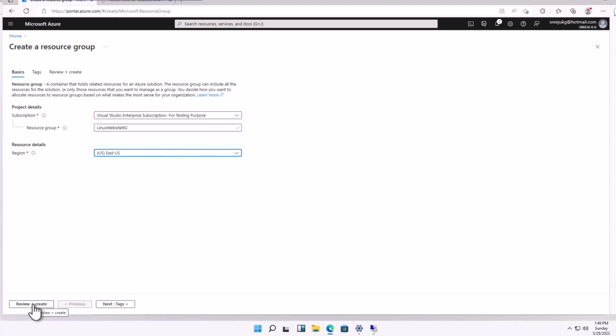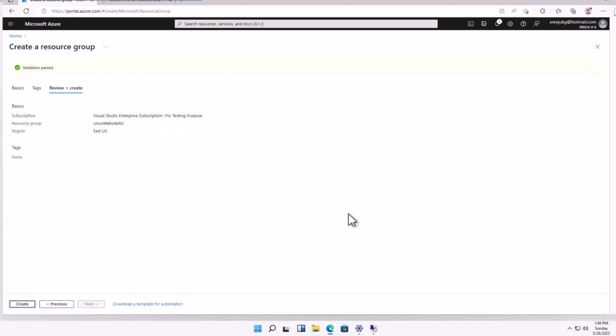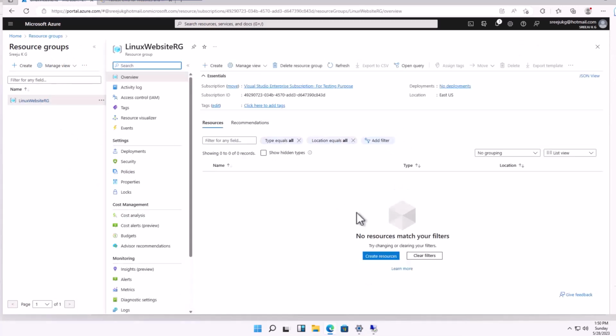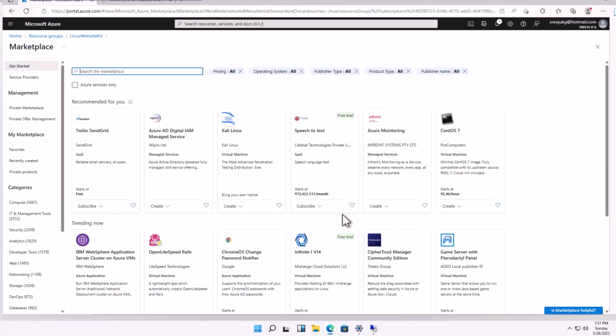Now let me click review and create. All the validations are passed. So let us create the resource group. So now I can see my resource group is available. Just click on the resource group. As you see, no resources are created yet. Now we want to create a resource which is a virtual machine. Let me go and click create resources. Let us select Ubuntu